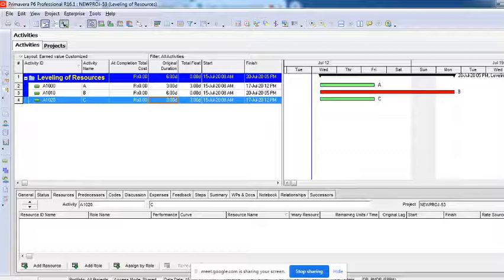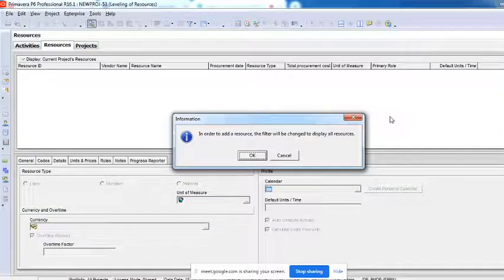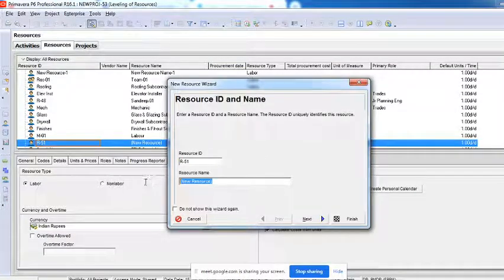Now I'll create one resource. I'll go to the resource sheet. I'll add a new resource. I'll name it LABOUR. I'll call it labor. I'll name it RL-01.